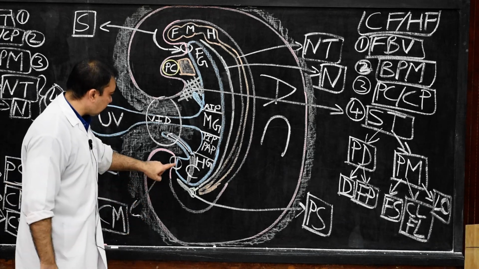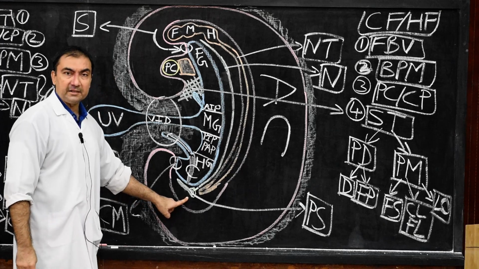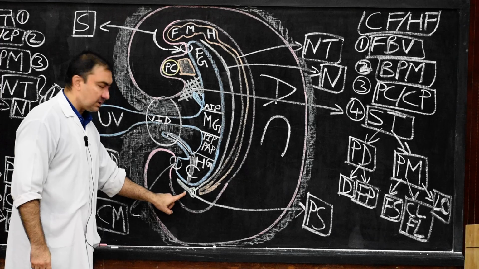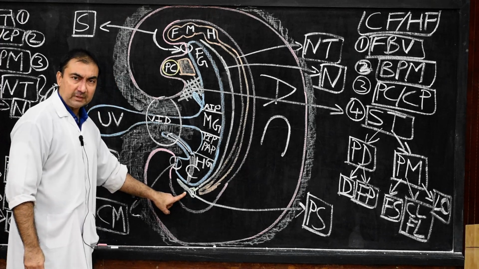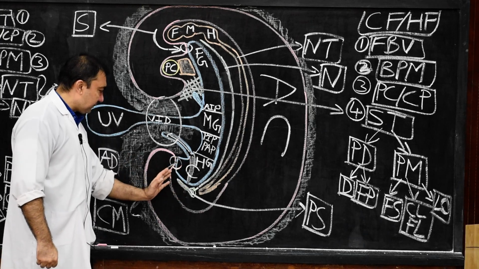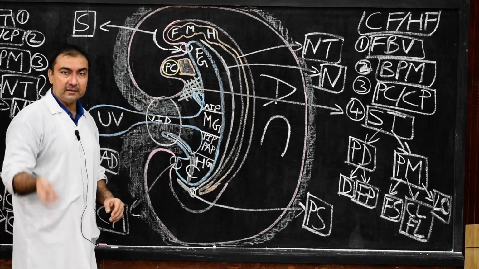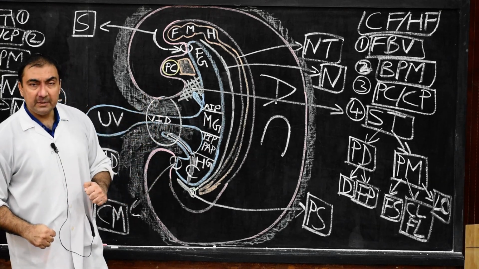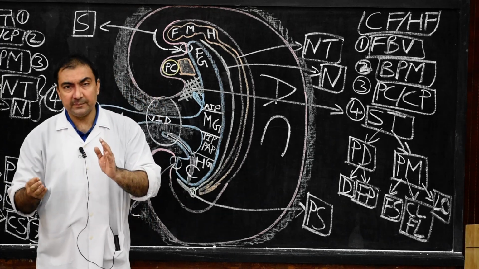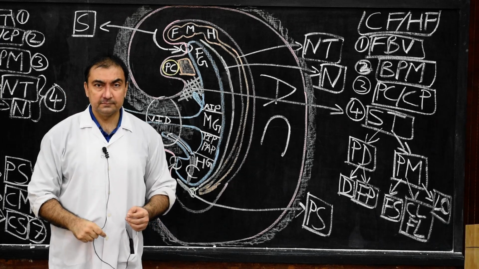Because of these two points, the cloacal membrane will shift in the ventrocaudal direction, lower down. As a result, the urorectal septum will divide the cloacal membrane into the ventral urogenital membrane and the dorsal anal membrane. Gradually, these membranes will also break down, at the end of the 5th week.